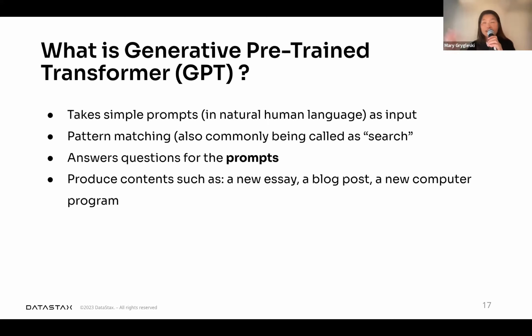And also, as such, it can produce content like a blog article, write an essay, compose some music, and even generate a program. When we're programmers, it helps too. If you ask it, how do I write a linked list or something, it will just generate the code for you. That's kind of nice. So this is pretty transformative.